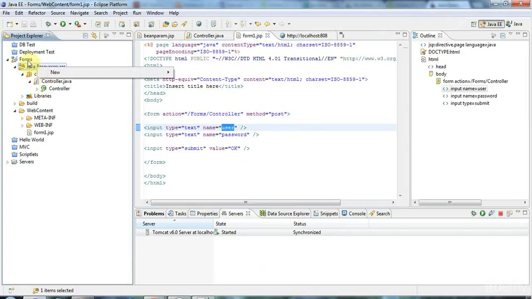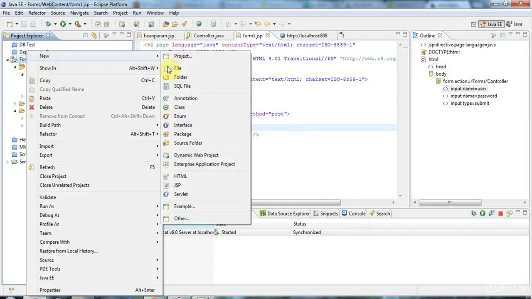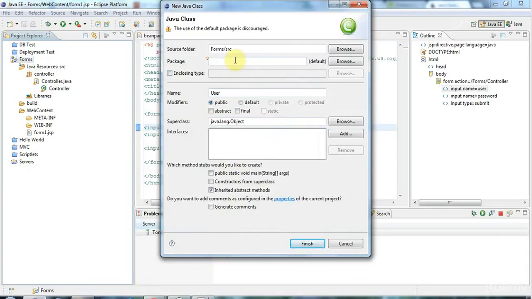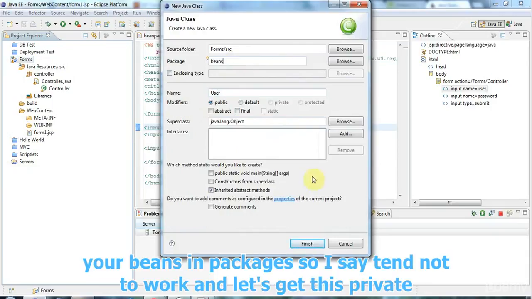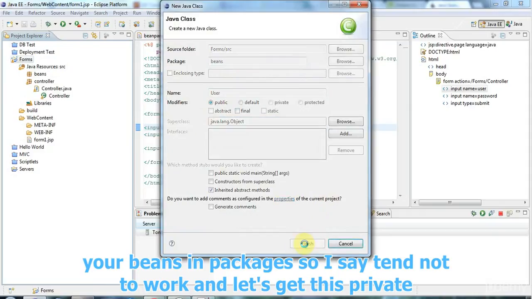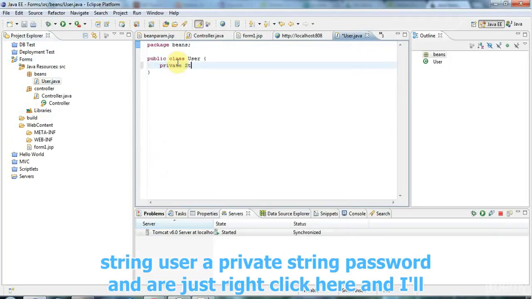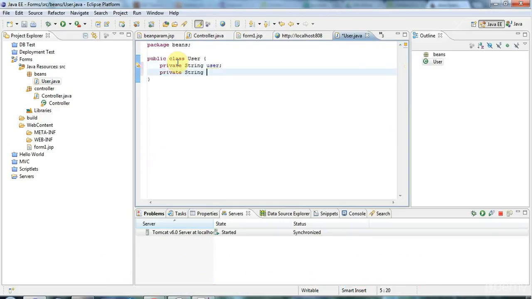Let's right click on the project and go to new class, and I'm going to put this in a package called beans. It's very important to put your beans in packages because otherwise they tend not to work. And let's give this a private string user and a private string password,